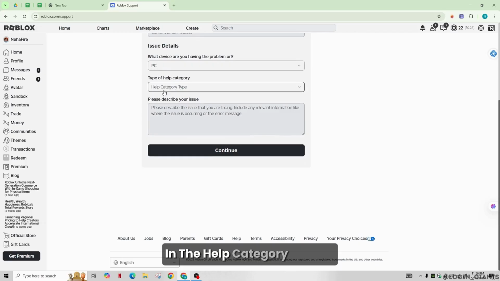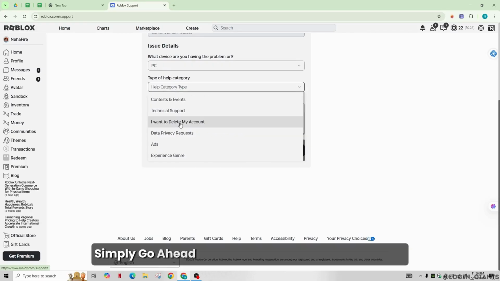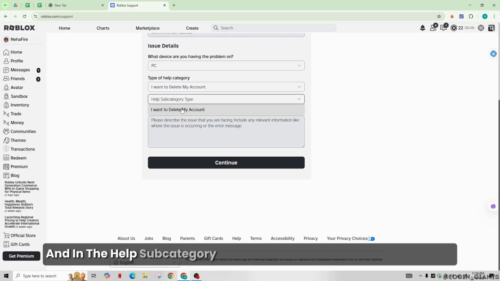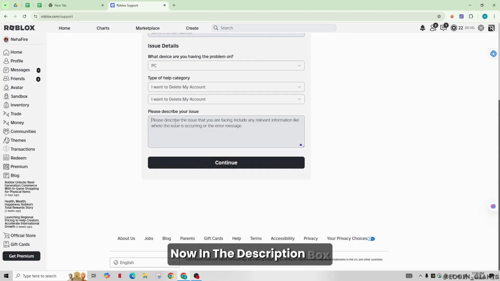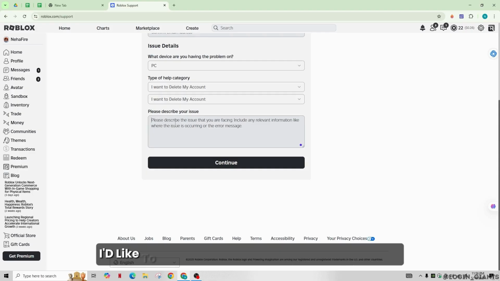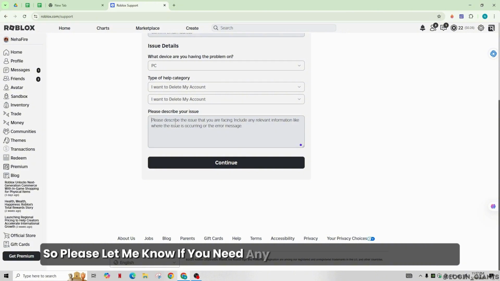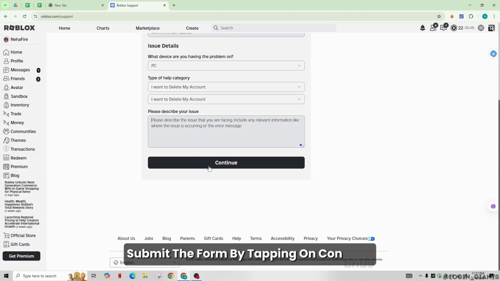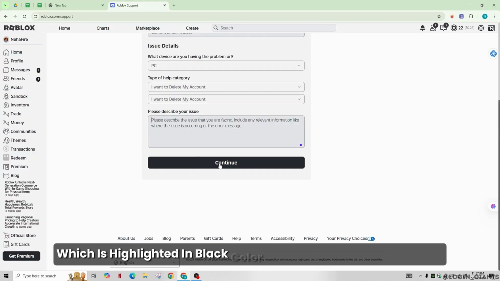In the help category section, simply go ahead, select I want to delete my account, and in the help subcategory, also select I want to delete my account. Now in the description box, say something like, "Hello, I'd like to request the deletion of my Roblox account, so please let me know if you need any further information to proceed." Submit the form by tapping on continue, which is highlighted in black color, and wait for Roblox response, usually within